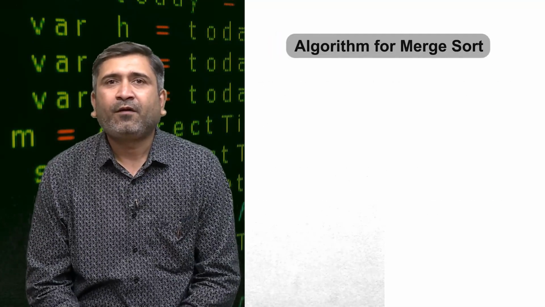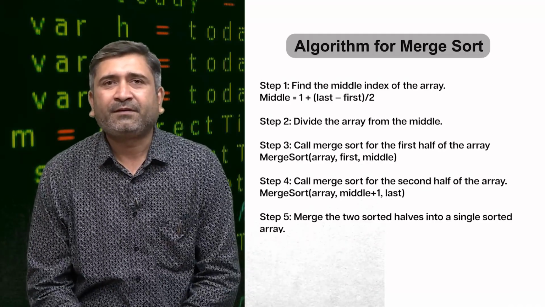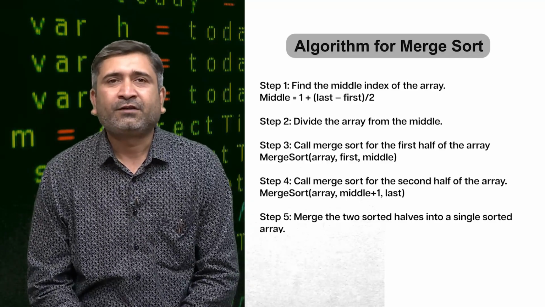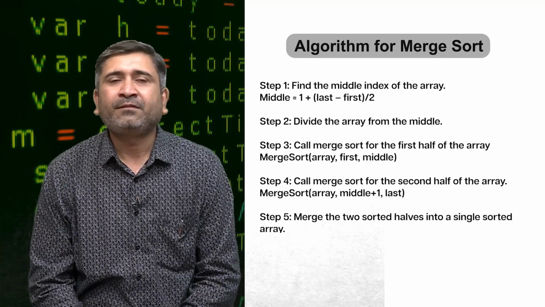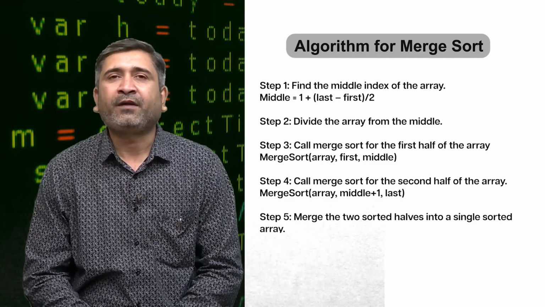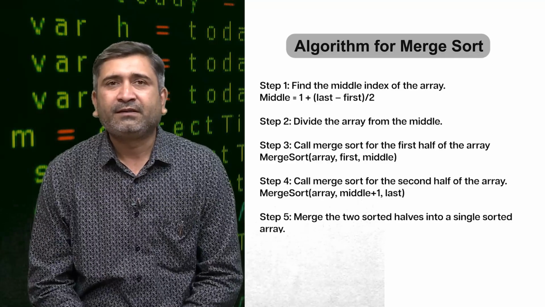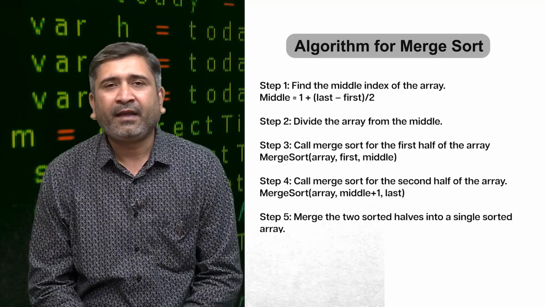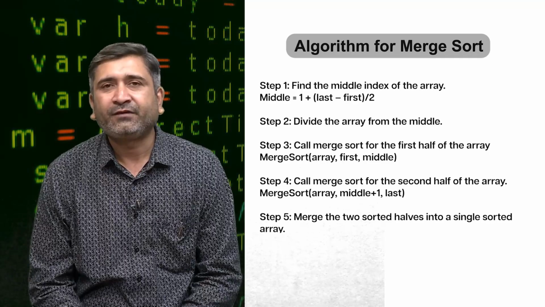Here is the algorithm for merge sort. A few steps are to be used when we are following merge sort. These are the basic algorithm. By using these steps, we are going to write pseudo code, and we are going to write a program for merge sort using C. This algorithm can be used to implement merge sort in any language. These are the basic steps which we need to follow when we are writing pseudo code